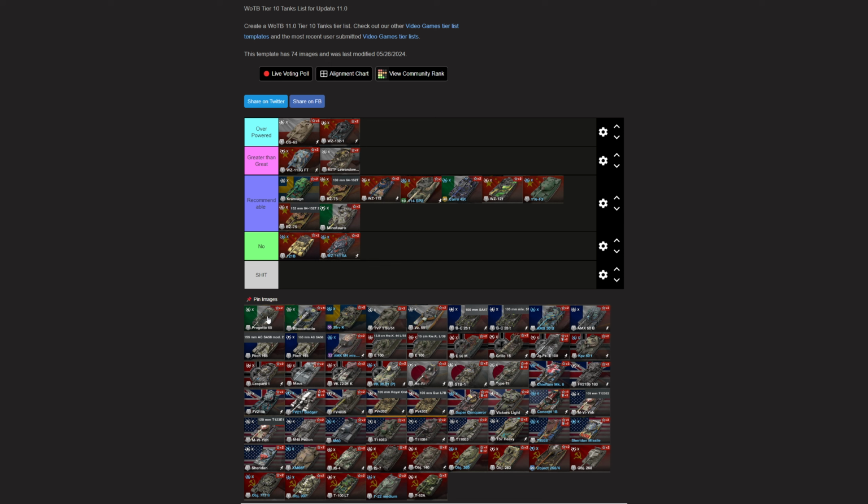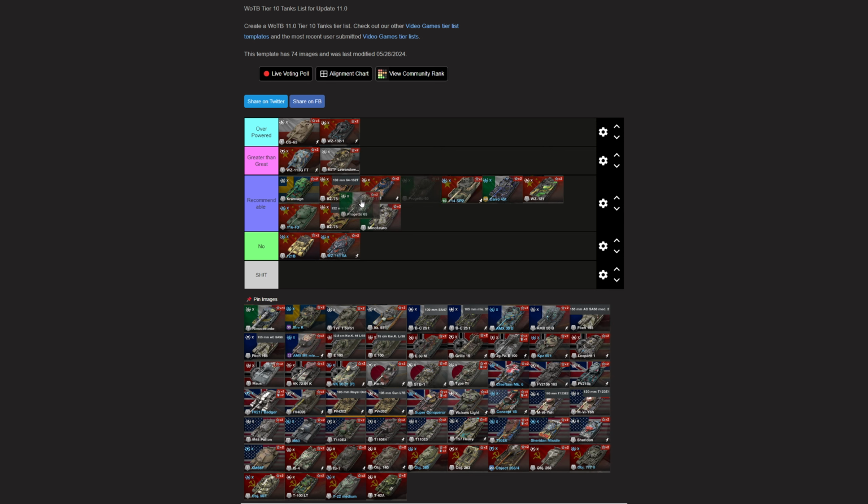It can dump a lot of shells pretty quickly, and it doesn't have a reserve shell like many of the other tanks in its tech tree. So for that reason, I'm not the biggest fan of reserve shells. If you haven't noticed already, all my reserve shell tanks are in the recommendable list. But I will say that it's still going to be a recommended tank. I'm going to put it above the BZ-75's